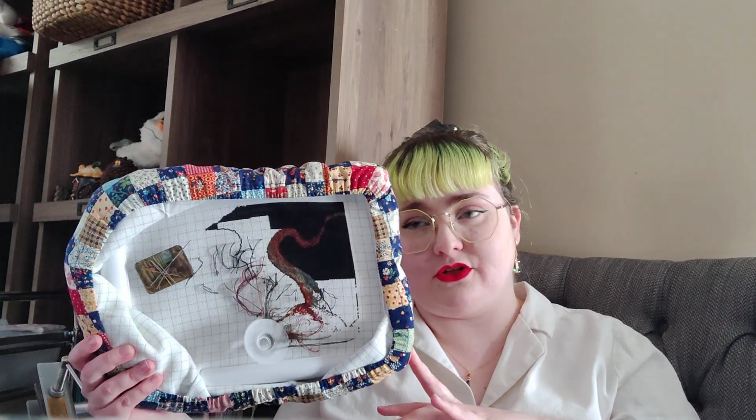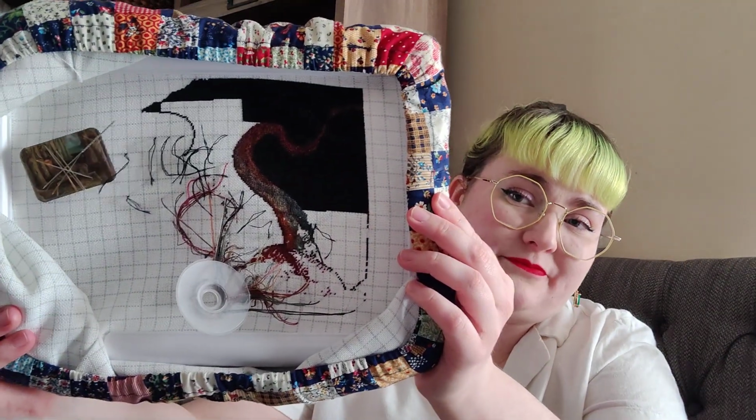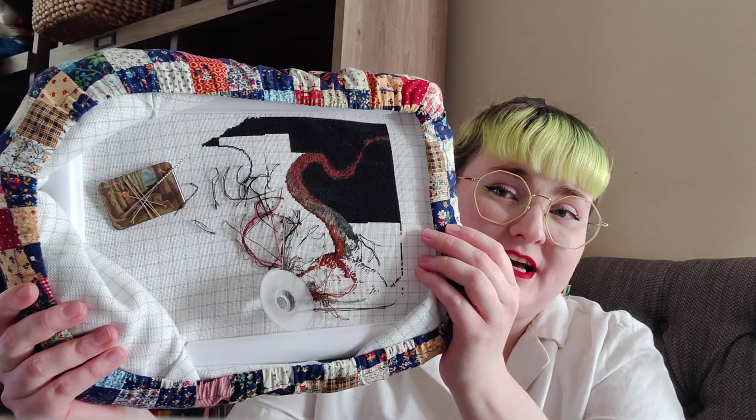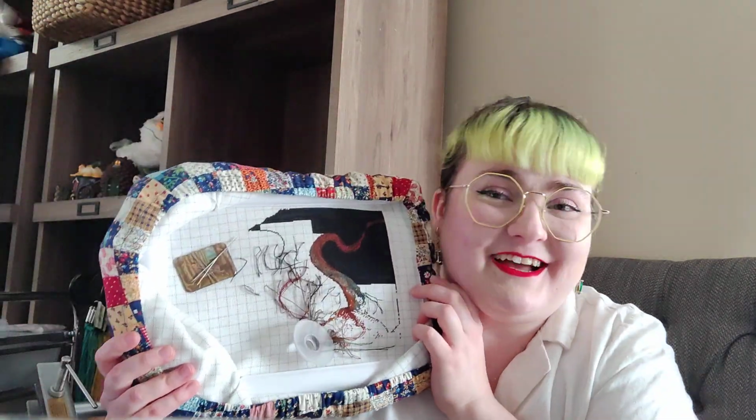So I'm trying to do the equivalent of 100 stitches every day. So maybe once a week I'll sit down and do 700 stitches on it. And it's been working for me. But here it is, and I love it, and it's beautiful, and it's so fun. I love this piece so much. So far, I have done...